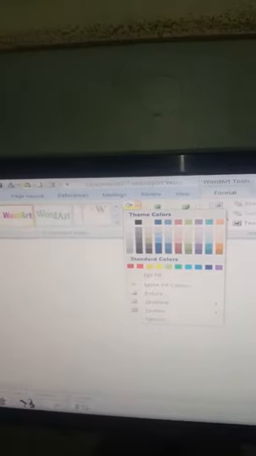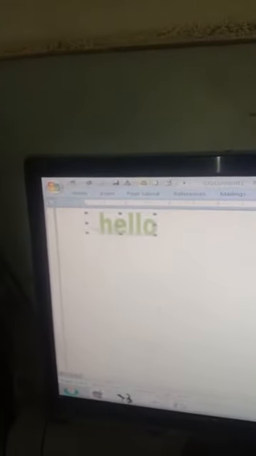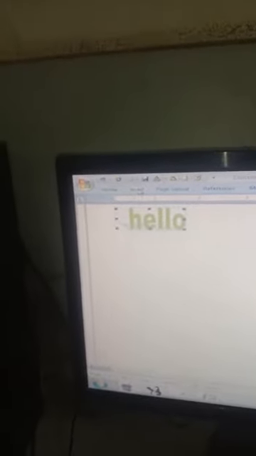First is changing the color of the word art. In order to change the color of the word art, first of all, select the word art, move to the format option, and from the format option, move to the word art styles. Here we have an option of shape fill. Select the shape fill color that you want to insert over here. Like suppose I have selected the green color. As soon as you select the green color over here, look, the word art that you have inserted changes into the green color.